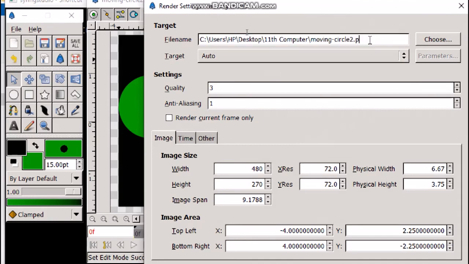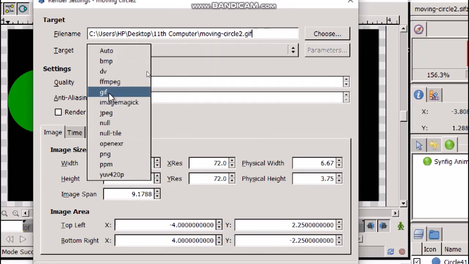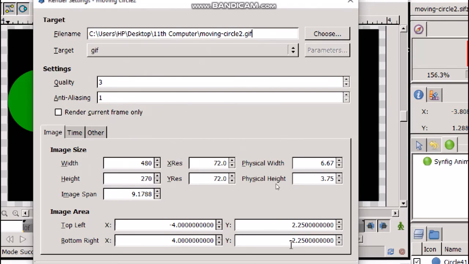Instead of png, write gif. In the same desktop 11th computer folder, select target format as GIF instead of auto. Then click on render.